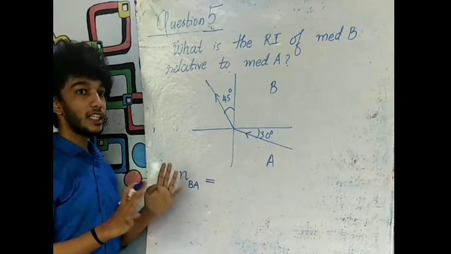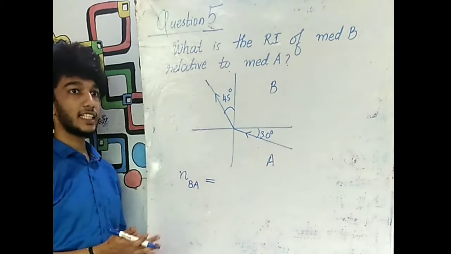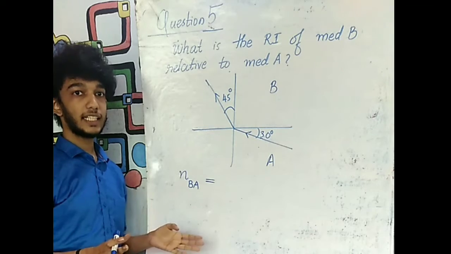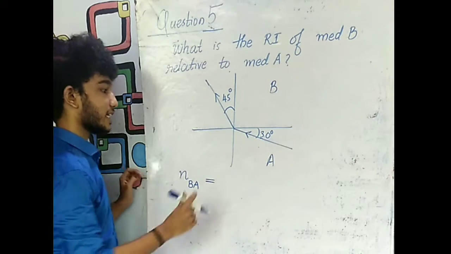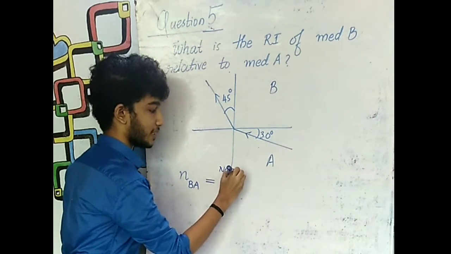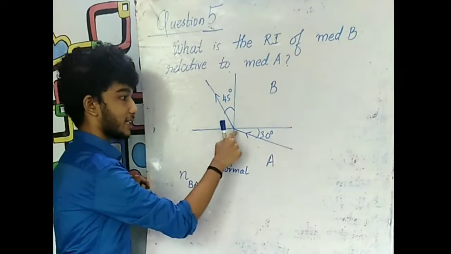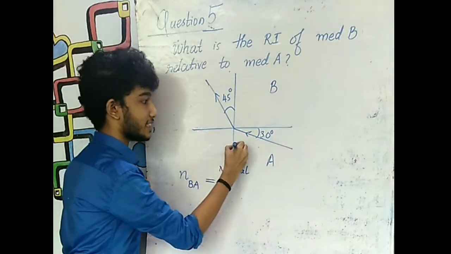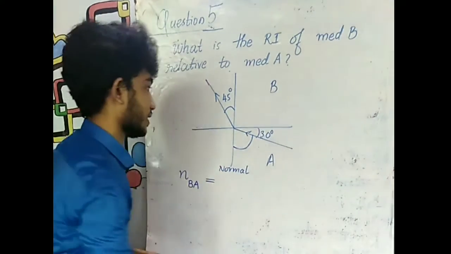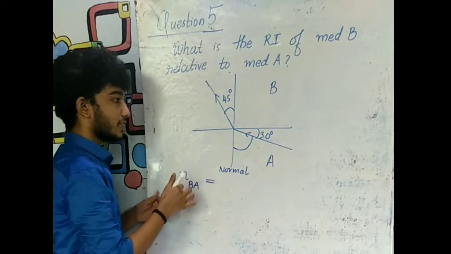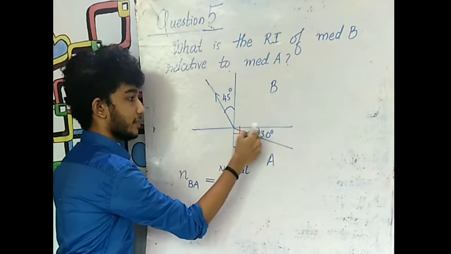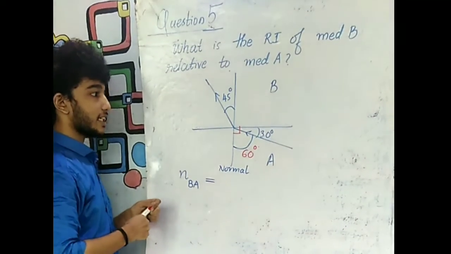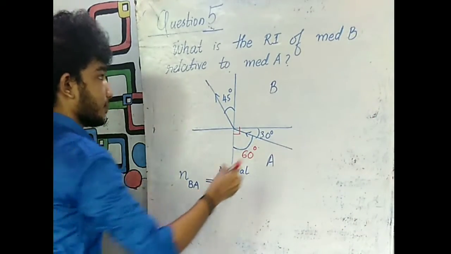So here, what is actually the angle of incidence? Is it 30 degrees as given here? No. We may think that the angle is 30 degrees, but the angle of incidence is not 30 degrees. Actually, this is the normal. Am I right? The angle between the incident ray and the normal is the angle of incidence. So this angle will be the angle of incidence. What is this angle? This is perpendicular, 90 degrees minus 30 degrees. Therefore, this will be 60 degrees. 60 degrees will be the angle of incidence.